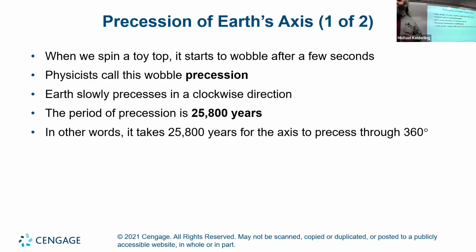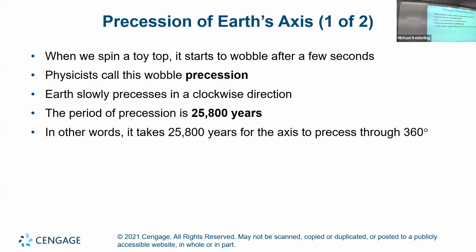I don't think I have a gyroscope for demos, so I don't have an easy demo for that right now. And the Earth also precesses because it is tilted and it's affected by the gravity from the sun. This actually causes a small amount of precession. And it slowly precesses in a clockwise direction. And the period of this precession is not fast. One complete cycle of wobble takes